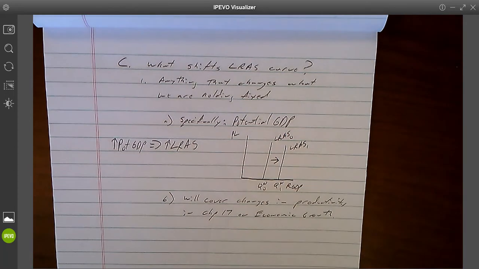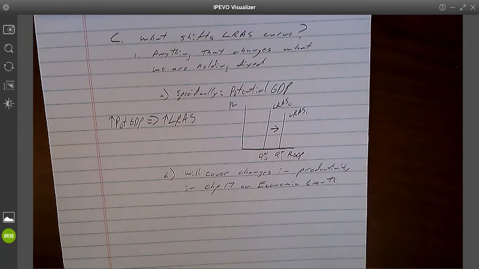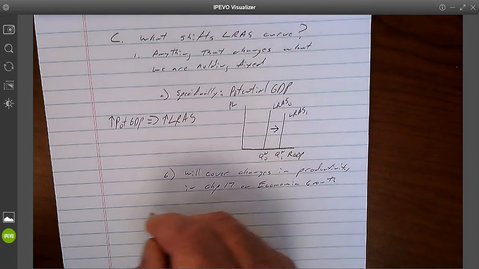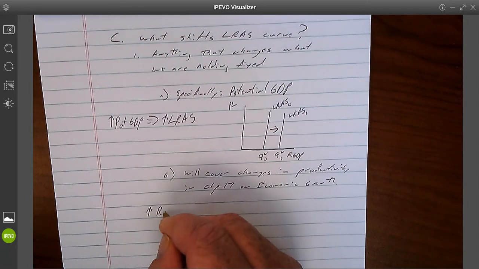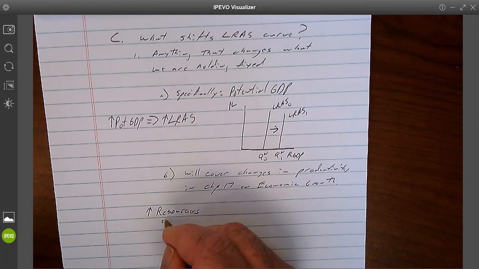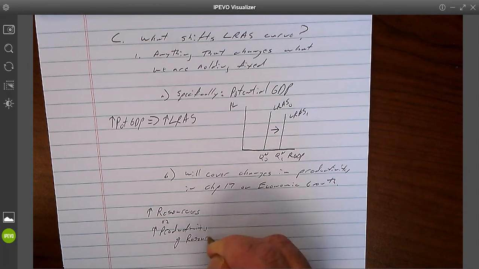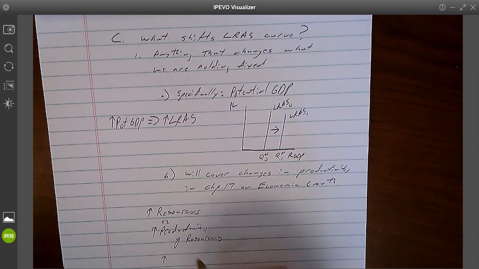Okay? Now we're going to cover changes in productivity more in detail in chapter 17 on economic growth. But what increases potential GDP? Increases in resources or increases in the productivity of resources or increases that we just call beneficial